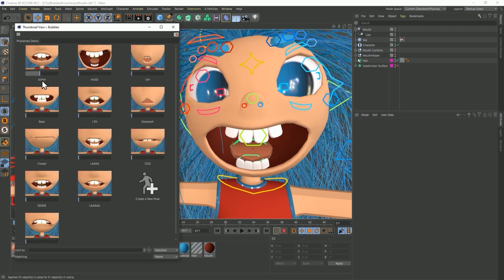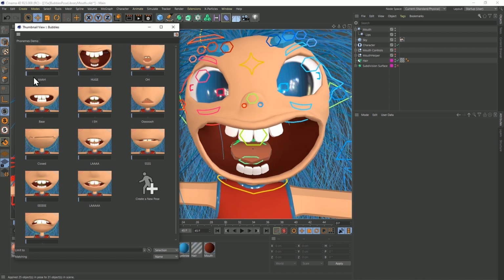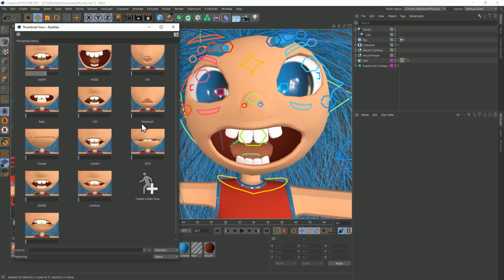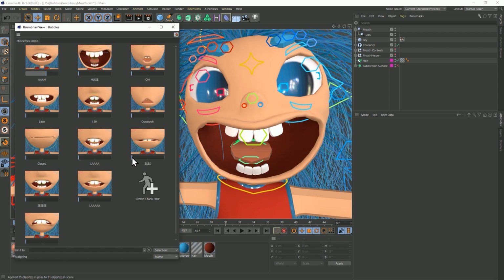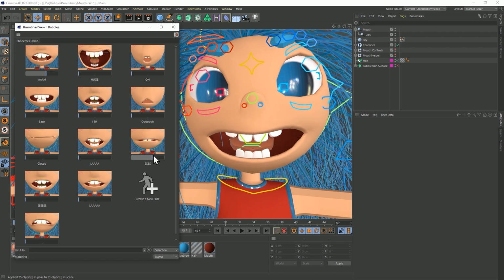Keep in mind, you have to hit enter. It tripped me up in the beginning that I'd drag a slider and be like, oh, I want some of this mouth shape, and watch, it's going to pop. When I click on, let's say, this S sound, as soon as I click the slider, it's going to suddenly pop. And that's because I didn't hit enter to bake it in. So now I can drag this in, hit enter, and then start pulling in the ah a little bit and